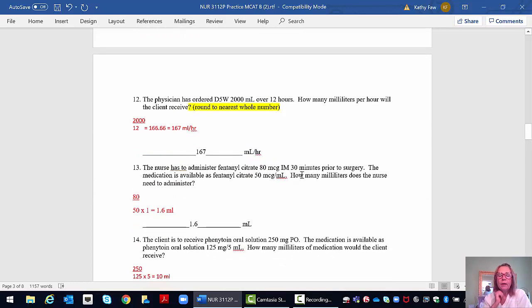All right, number 12. The doctor has ordered once again a bag of fluids, 2,000 mLs. That's a pretty big bag over 12 hours. All right. So I would say that that's going to run at a really fast rate. How many milliliters per hour will that client receive? All right. So we'll set it up. We have 2,000 mLs, and the doctor wants it to run over 12 hours. So we divide that. It's going to equal